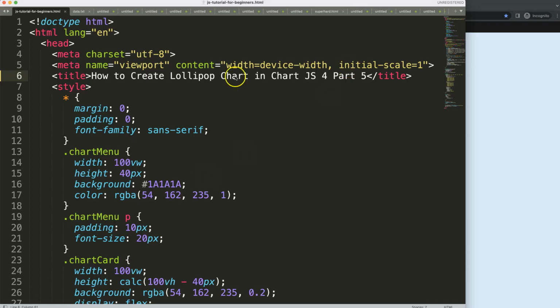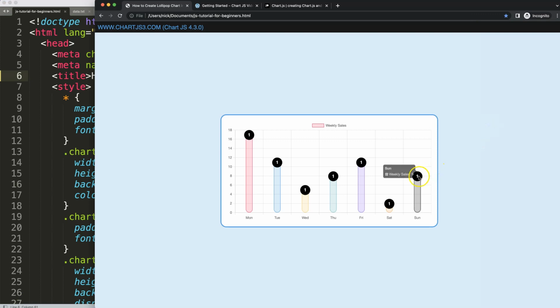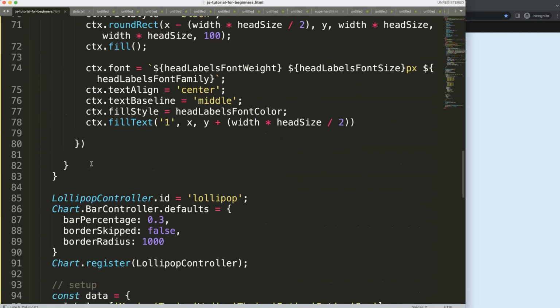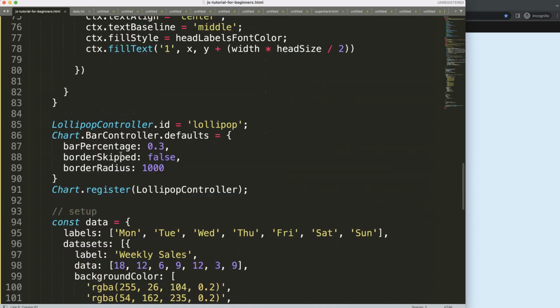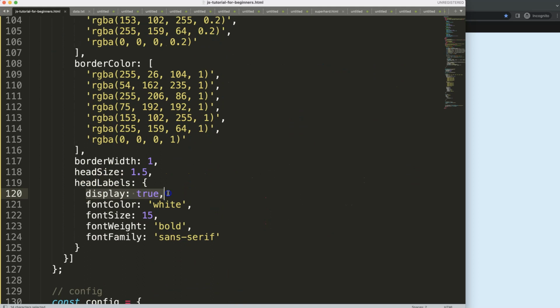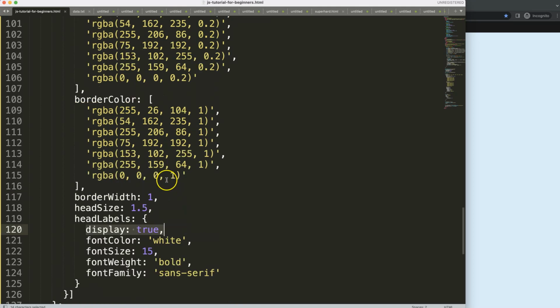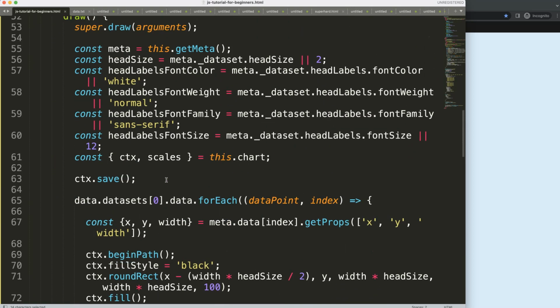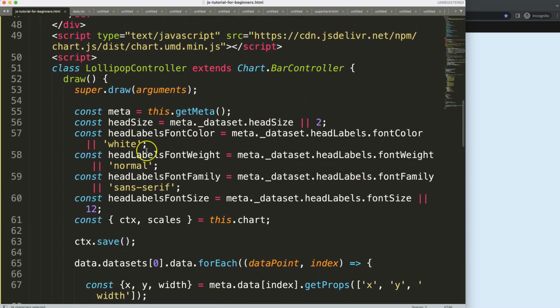So this is part 5 of creating the Lollipop chart, and what we're going to do now is do two parts. First of all, we're going to make sure we have the label shown or hidden. So let's do that based on if display is set to true or false. If it's true, we will show it in here. So we first have to make sure display is true, so we can just grab one of these,